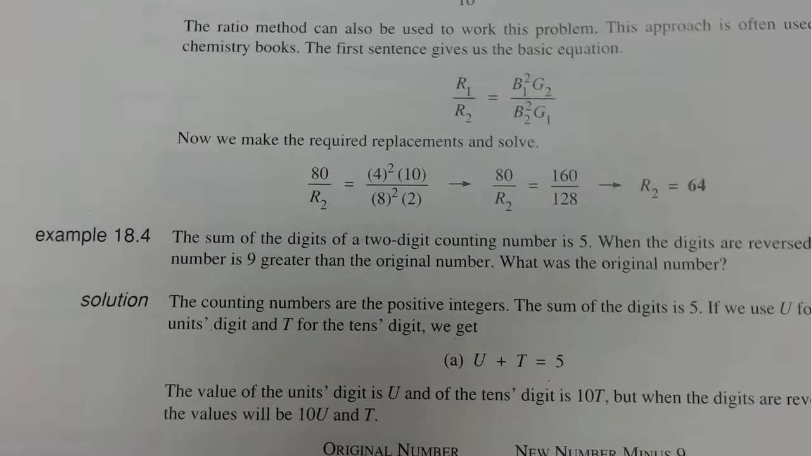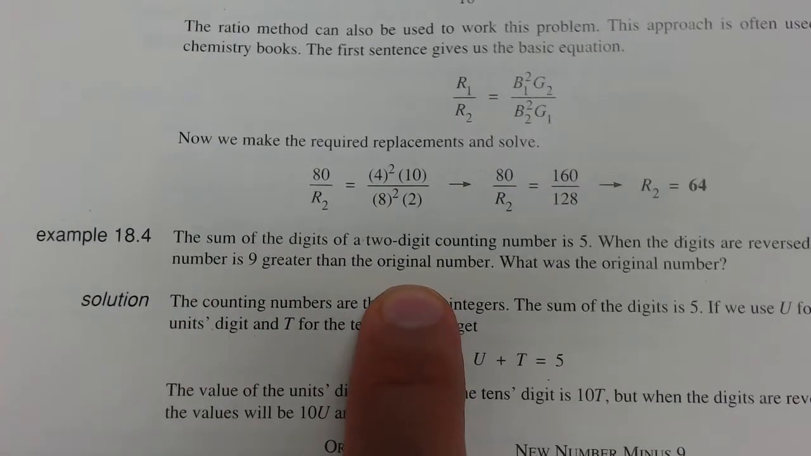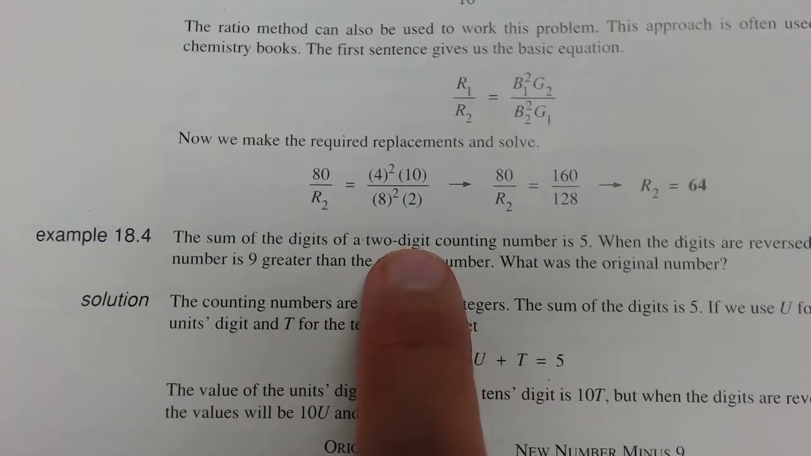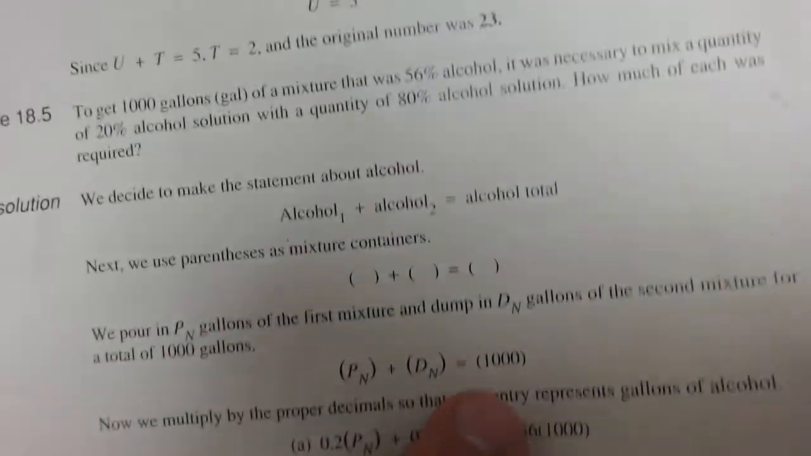Advanced Math, Lesson 18, Part 2. We're going to be going over three types of problems. The first one is sum of digits of a two-digit counting number. So if we're trying to figure out the digits of a two-digit counting number,